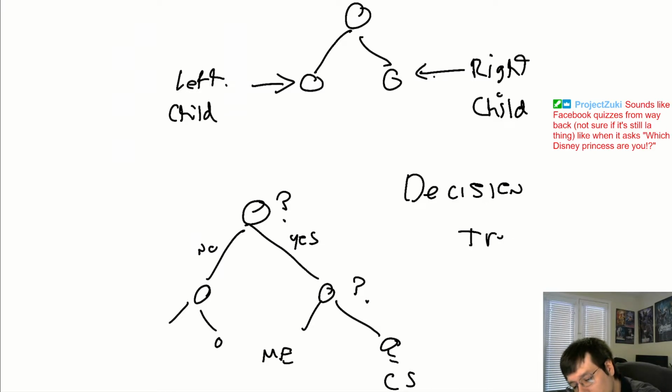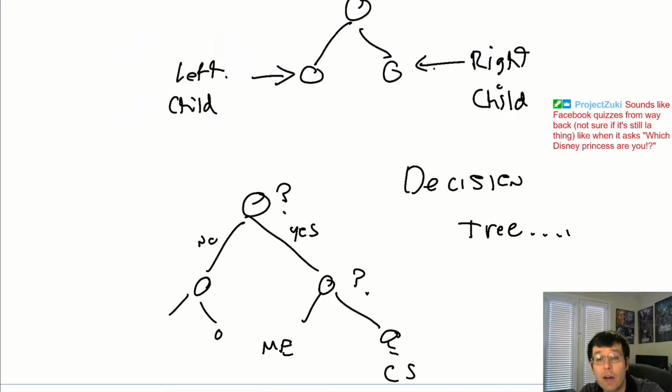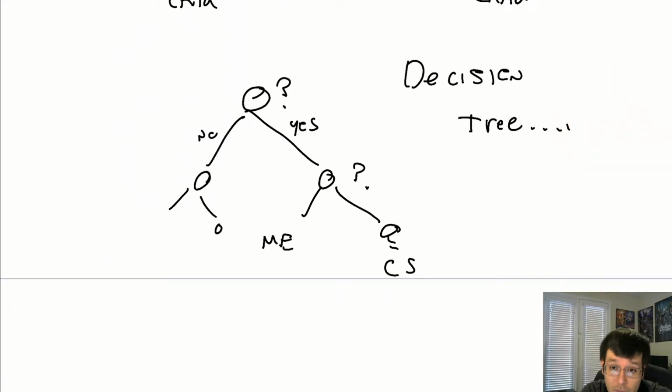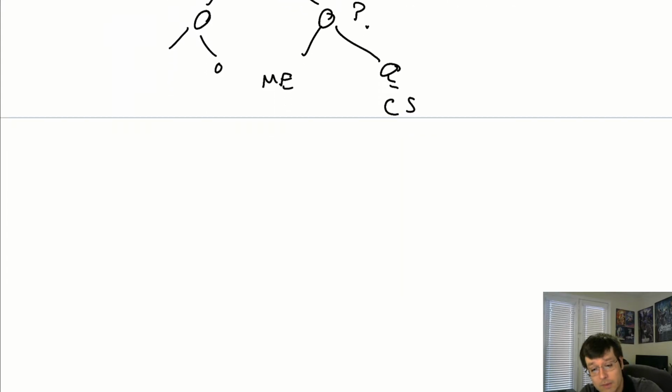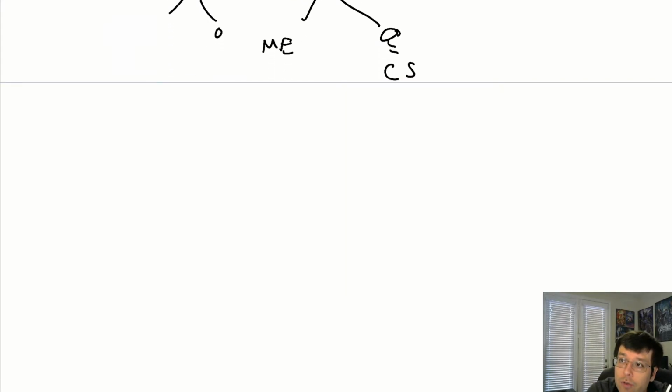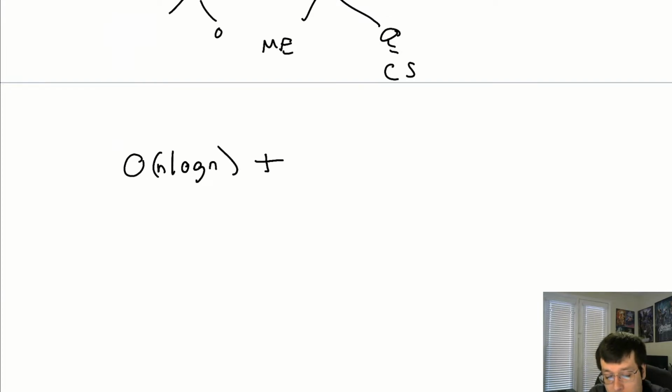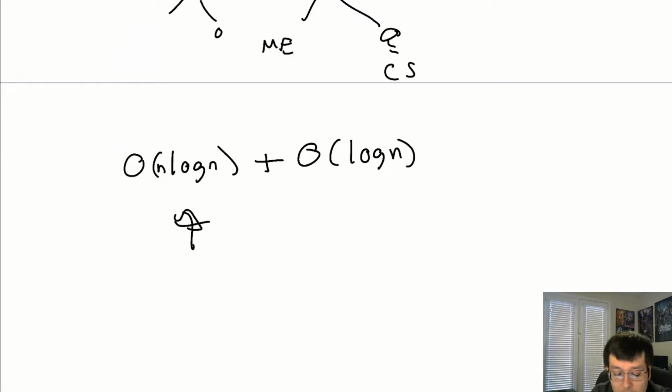And they can be very useful for accessing data, not just for deciding what career you want to be. So for example, let's say you're trying to store a couple of numbers in this tree, and you want fast access. Right now, if we include the sorting time, it's n log n, because it takes n log n time to sort, and then once you sort it, you can do binary search on that, which takes log n time. So this is a one-time expense, and after that, it takes log n time to access things.